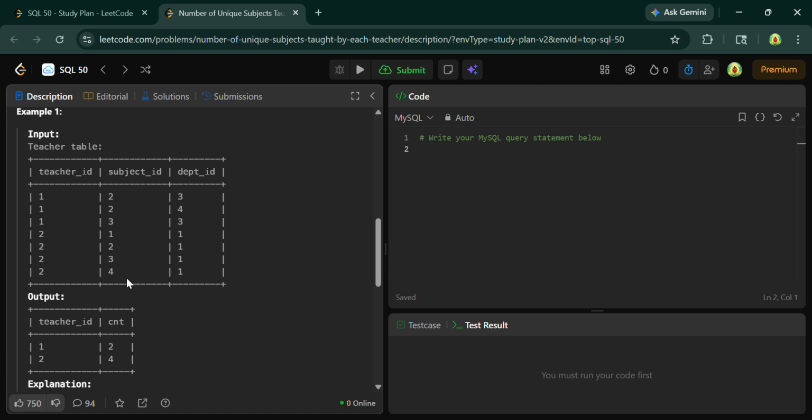Okay, so let's try to write the code here. First you have to select teacher ID. Okay, first you have to select teacher ID. Okay, I will write this after the whole code. From teacher table, which is group by, okay, group by